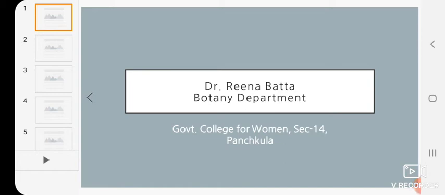I'm Dr. Reena from the Botany Department. I'm working as a lecturer in Government College for Women, Sector 14, Panchkula. Today, I'm going to explain to you regarding the